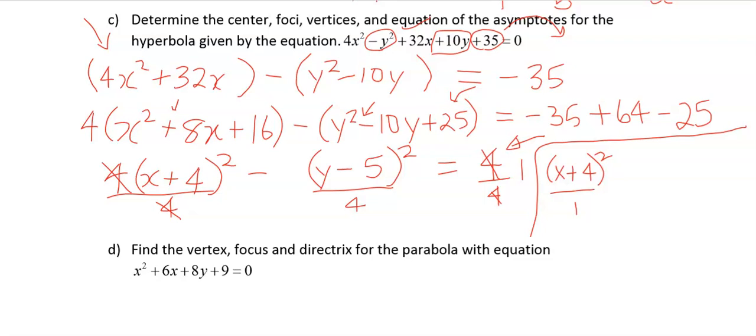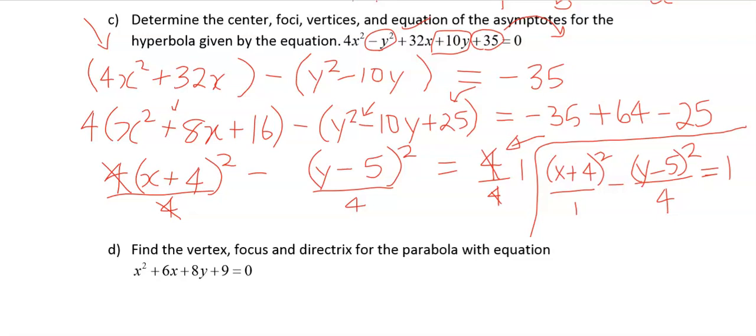You can put over 4 if you like, over 1, I mean. And then it's minus, and then the next set of brackets is going to be y minus 5 squared over 4 equals 1. And there you go. Now you can find out all of those things, all of those